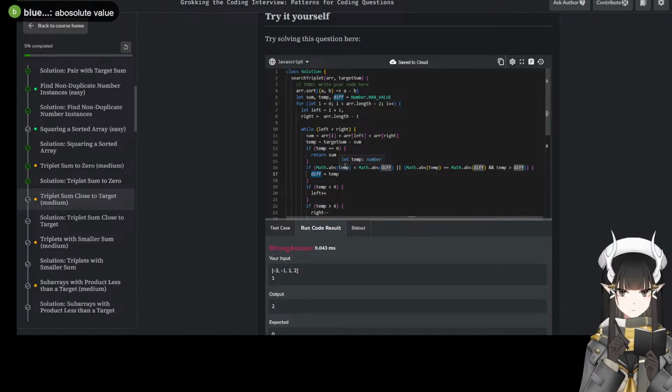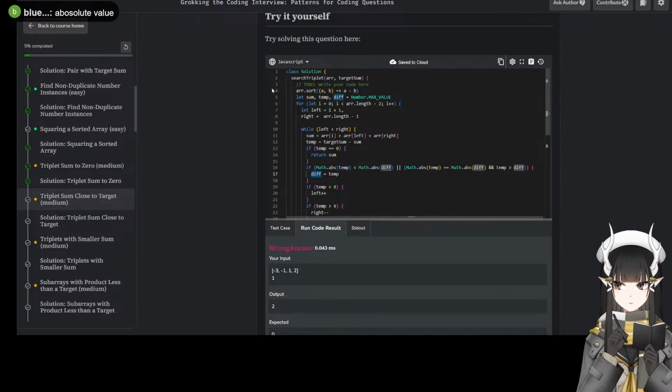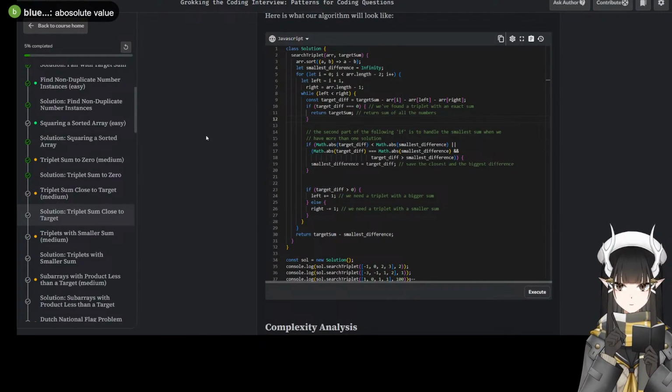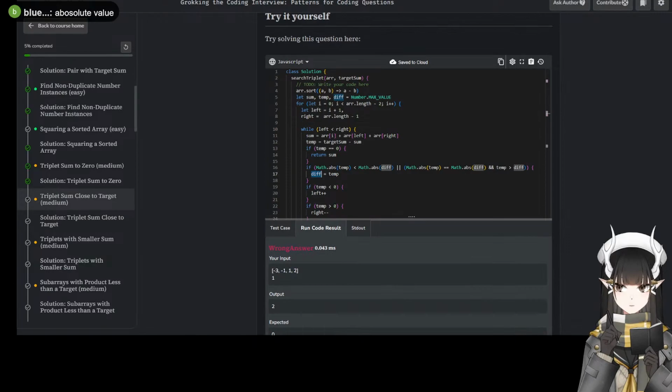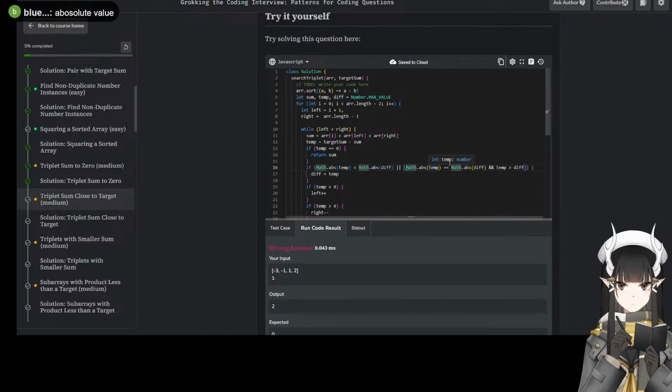Absolute value? Oh, what's the difference? Math or absolute?